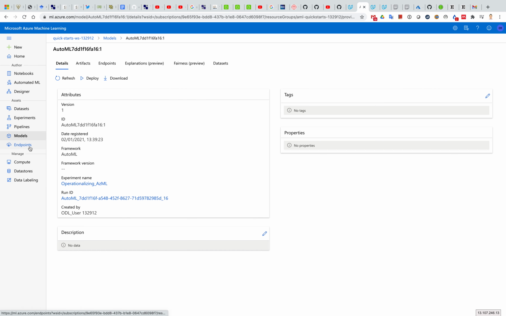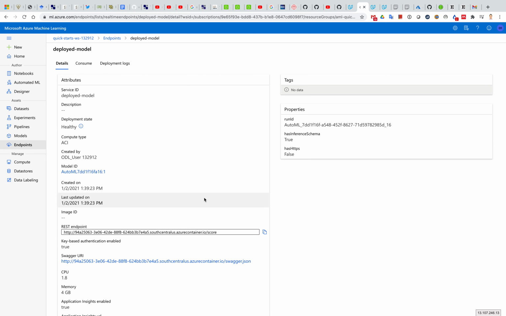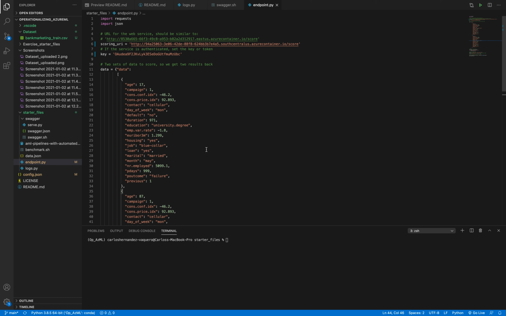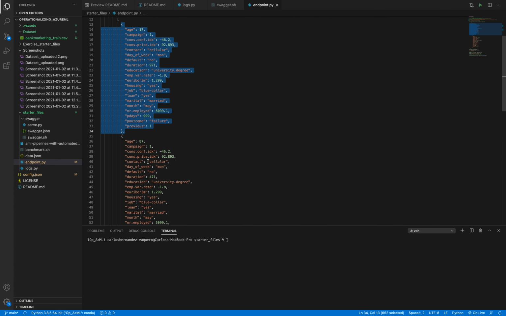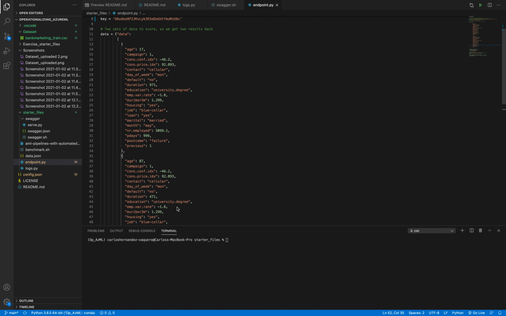And finally, I would like to make an API request to the endpoint, which I showed just before, with the model for inferencing this banking thingy, so I'm going to change to Visual Studio Code. What we are going to do is pass a couple of user profiles from customers from the bank, for example. So we see age and day of the week and all the different parameters, and the second one with different parameters, and we will see what is the output of